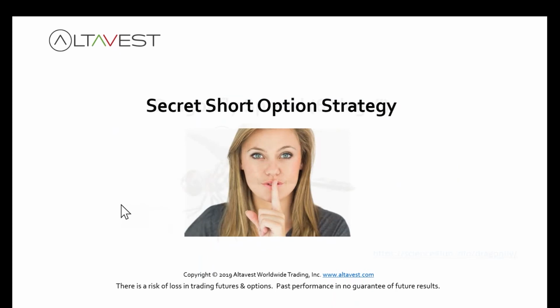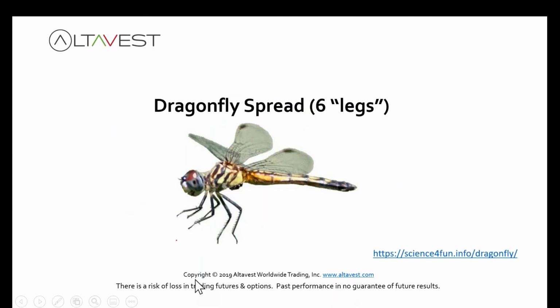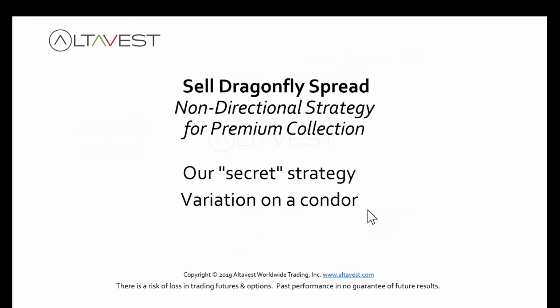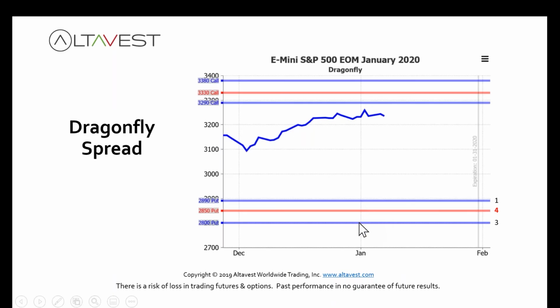Now here's a secret strategy you've never heard of. It's called the dragonfly. I know you've never heard of it because that's our name. And it has 6 different strike prices, or 6 legs. And it's a variation on a condor. Here's what it looks like. And I'll explain it here, and then we'll jump into the demo. You sell 4 of these 33.30 calls in this example. At the same time, you buy 3 further out of the money calls, and then you buy 1 closer to